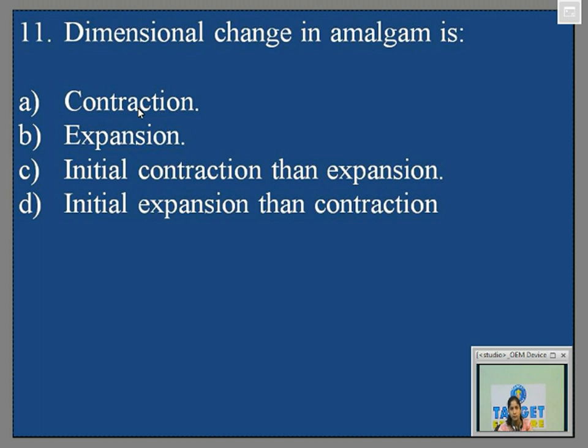Third reason: these modern amalgam alloys are generally spherical alloys. Because they are smaller in particle size, they have a higher surface area and there is faster consumption of mercury. So again, because fast consumption of mercury is happening, there is net contraction. And lastly, because of increased condensation pressure. So there are 4 points you have to remember about modern amalgam alloys. They may ask you in any which way.